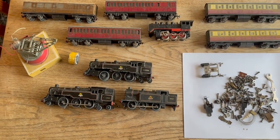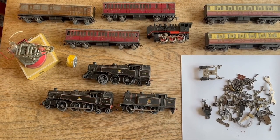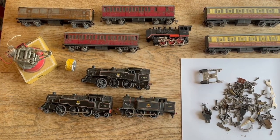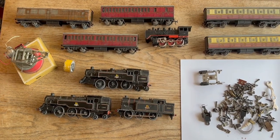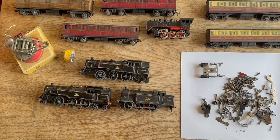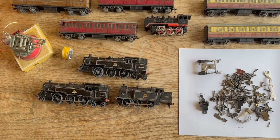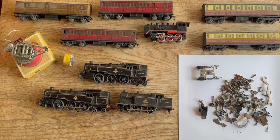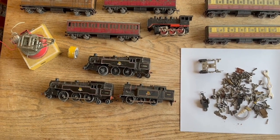So there it is. And I look forward to getting some input from yourselves as to what you think the best course of action here is, and whether in fact what I've done is to squander £45 on items that are largely unusable, although my rationale was they could be good for parts, and there's probably more than £45 worth of parts, I guess. So look forward to hearing from those of you who've been communicating with me, and anyone else who's watching this video who has an opinion. Could you please let me know what you think I should do? And what I'll do is, based on the majority opinion, I'll get underway with making some videos of how this